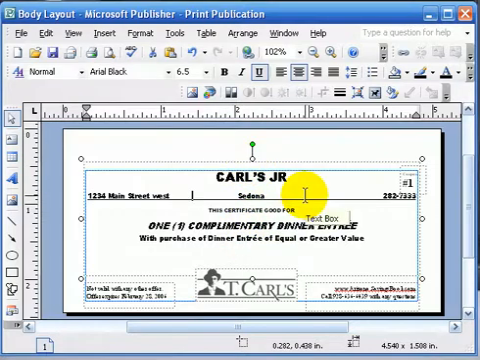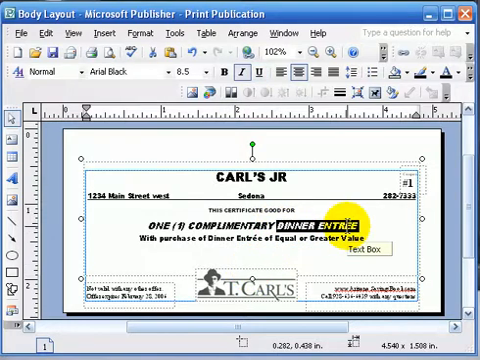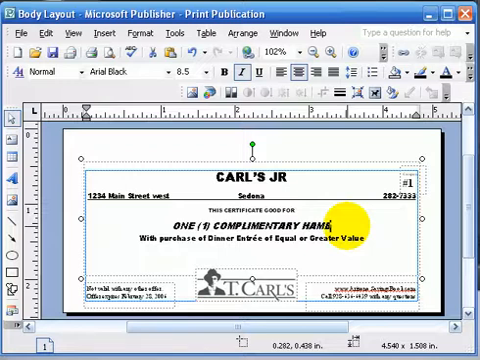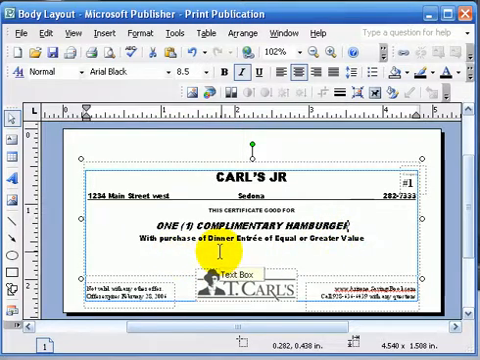And you can always come over here and move things around, or you can hit up here your center button and it will center this line. Now it says this certificate good for 1 complimentary dinner entree. Well, with Carl's Jr. they may be offering a complimentary hamburger. So if we left click and drag, we can change this to hamburger. And now we can say with the purchase of a hamburger meal of equal or greater value,